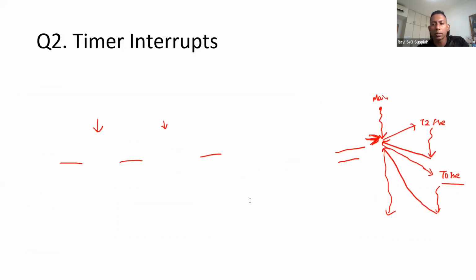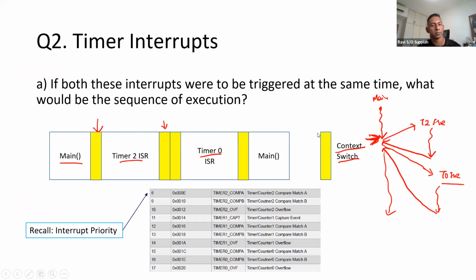So which part, which is the part that is not clear? Okay, so basically the context switch is